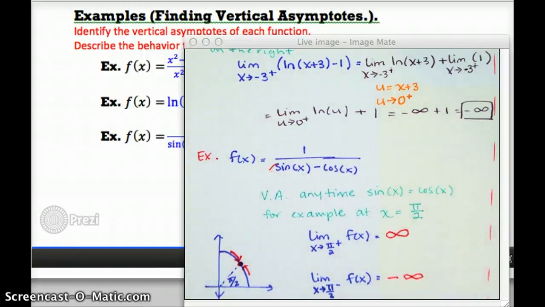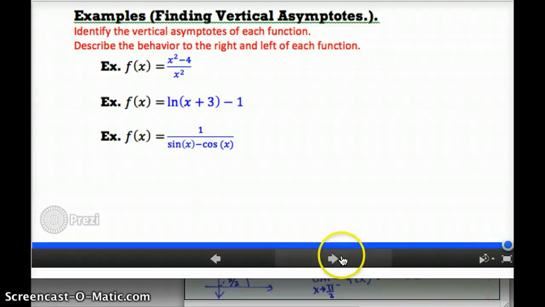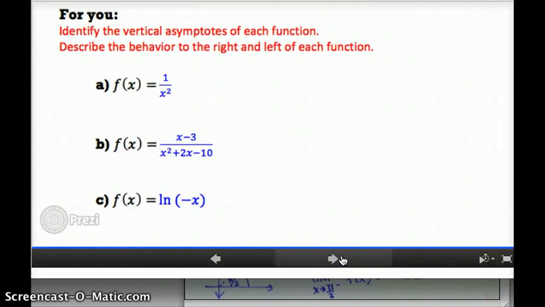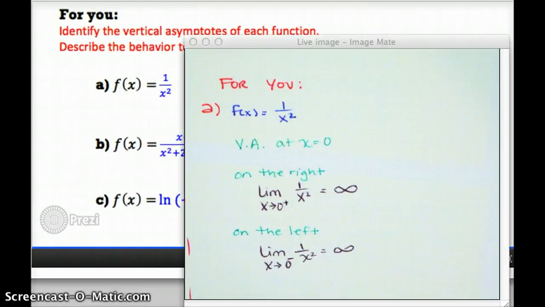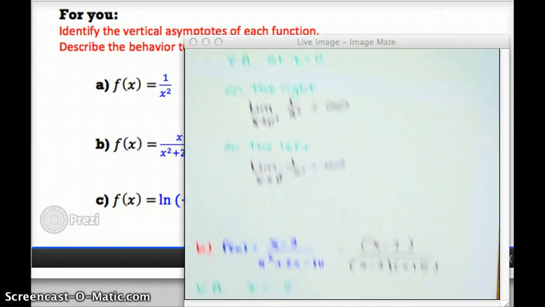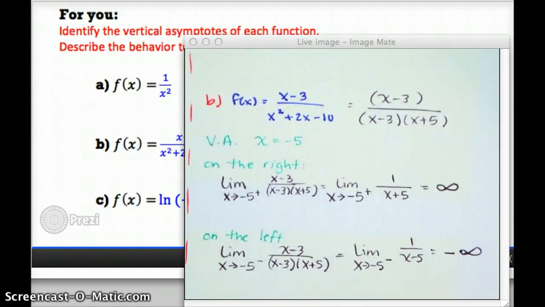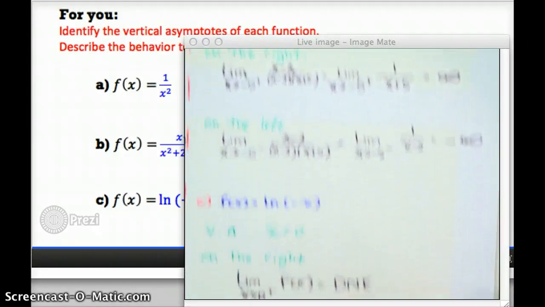I know I didn't explain those fully. I want you to try some on your own. So think about these. When you press play, I'll show you the answers. Here's 1. Here's 2. And here's